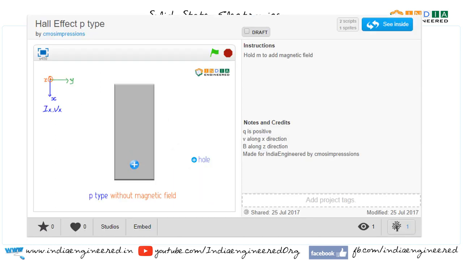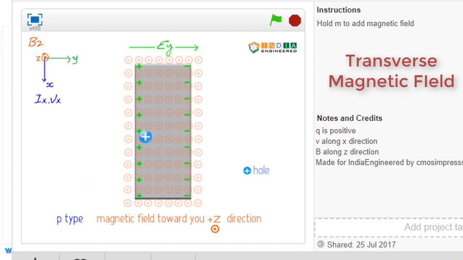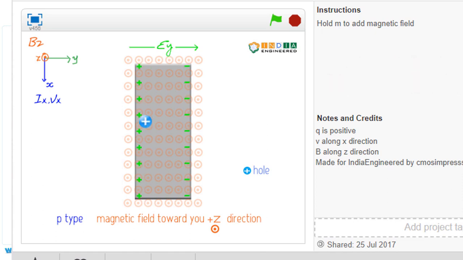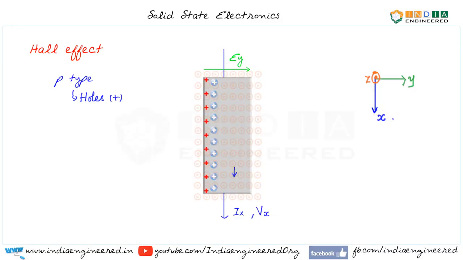But once these positive charges are displaced from their mean path, they will set up their own electric field in the opposite direction and counteract the force experienced by the magnetic field. So at some displacement, they will find their equilibrium. Now we have the charge carriers which are flowing through the semiconductor bar but displaced slightly to the side. Since the positive charges are moved to the left, we have a positive charge at that end of the semiconductor and negative charge at the other end. So this phenomenon we call the Hall effect.